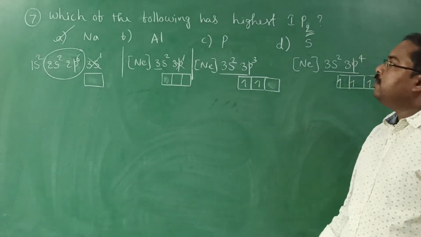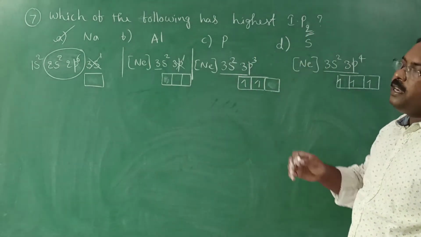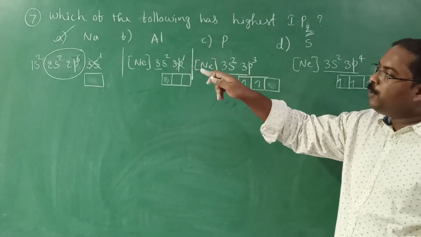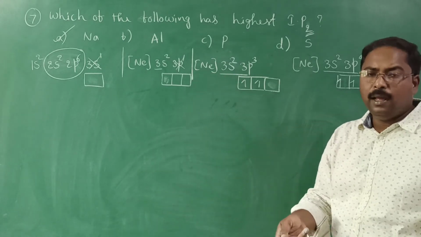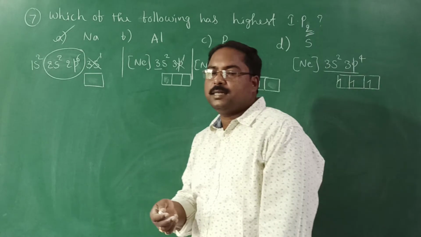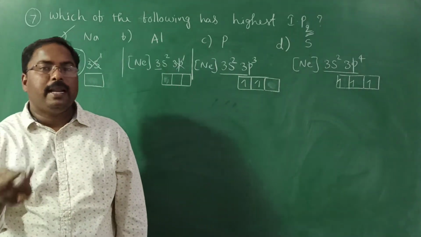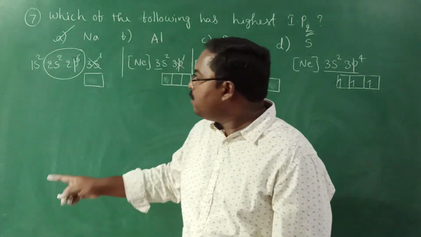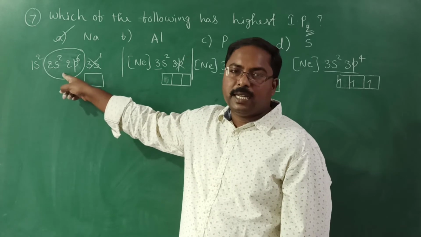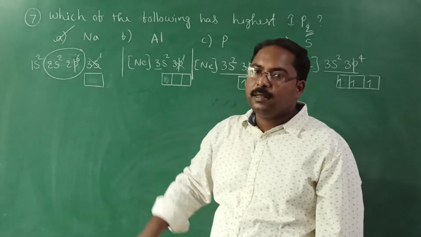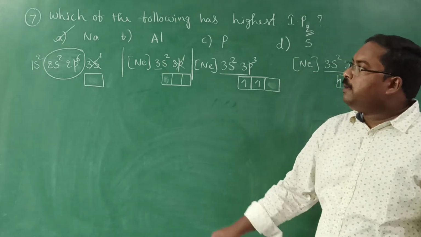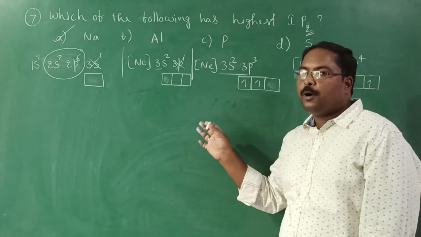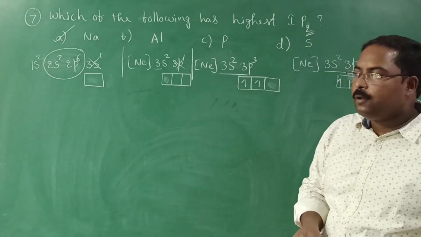Understood? So which of the following has the highest second ionization potential? After losing one electron, in the case of sodium we need to remove the second electron from the inner shell, as we discussed in yesterday's class also. To remove an electron from the second or inner shells, it requires a very high amount of energy because we are going to disturb its octet, stable configuration. The remaining questions are mostly easy theory questions. Different model questions you can solve from the material.